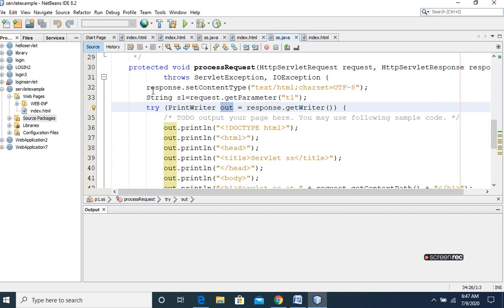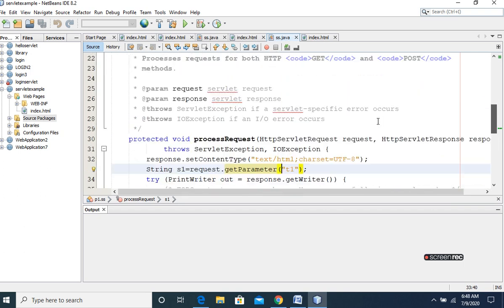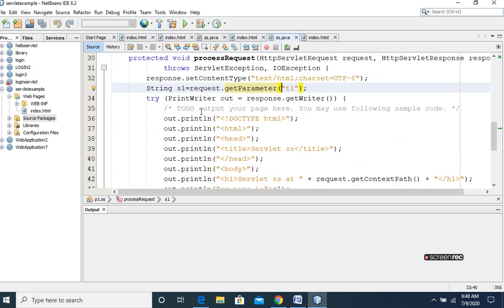We can see response.setContentType. Whatever response is given back to the client will be in the form of text/html. So here the response is set in HTML format. Or we can directly write the text without using the HTML tags, out.println, to give the response back to the client.